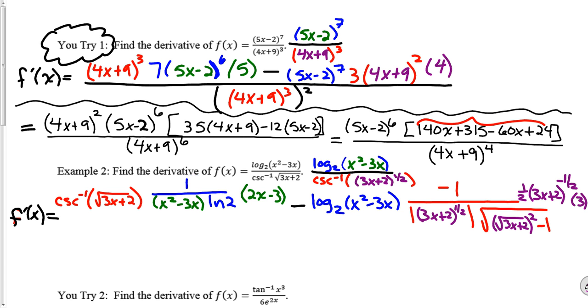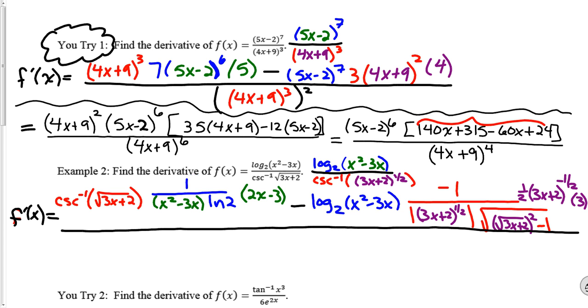So I have done, let's see what I've done. The bottom times the derivative of the top minus the top times the derivative of the bottom, all divided by the bottom squared. So that's my cosecant, that's not an S, cosecant inverse of the square root of 3x plus 2. That whole thing is squared. That's my cosecant right here. So this is a big mess, and we're not going to do anything with it, but that is the derivative